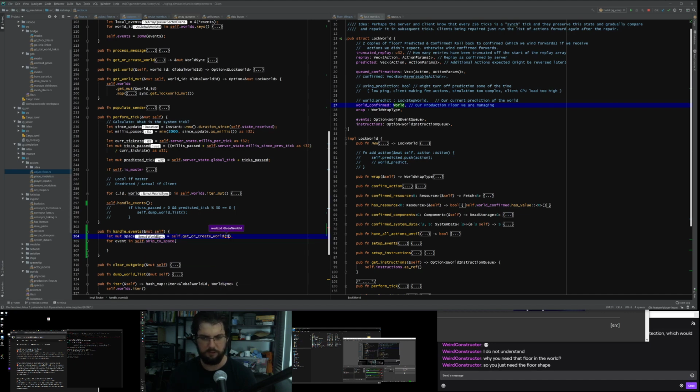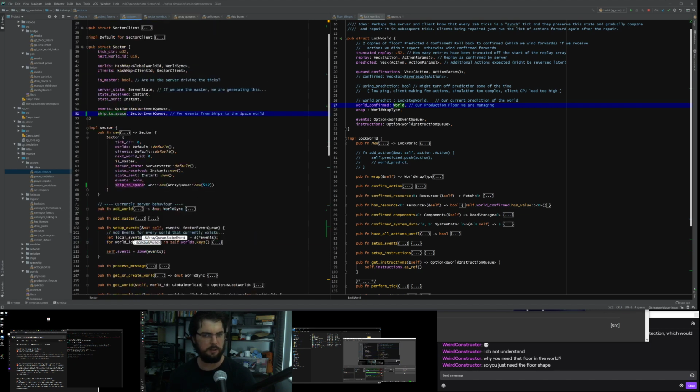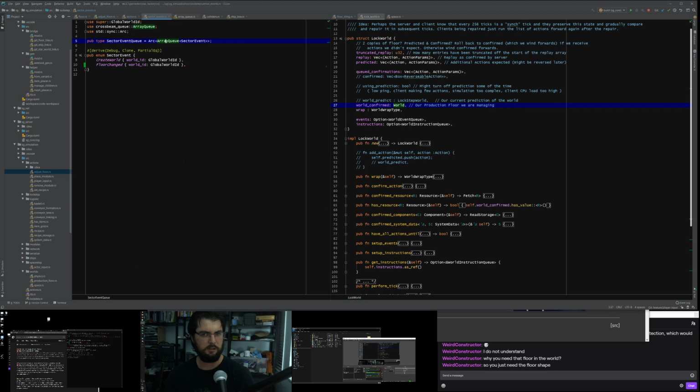Was it space world ID? That's the one that contains all the ships in it. And then for each event, we need to match that event. We're going to have a look for the event that says the floor has changed. I think we can drain it like this. Pretty sure that we can drain an array like that.